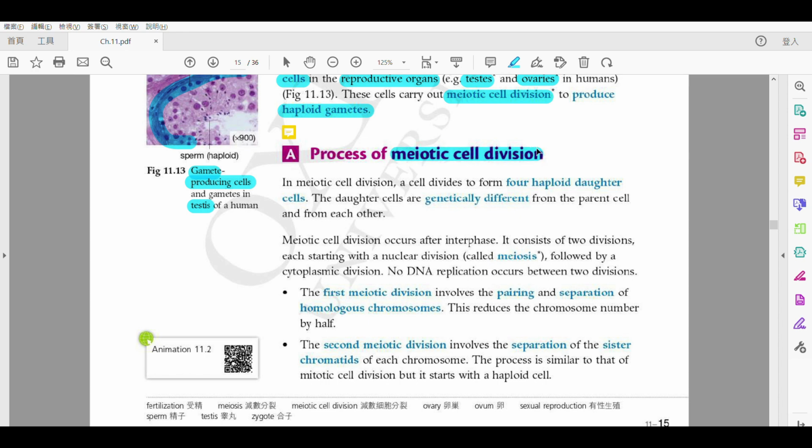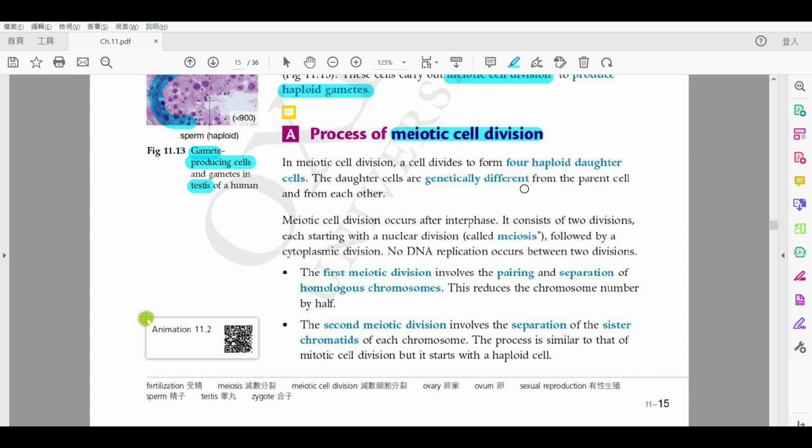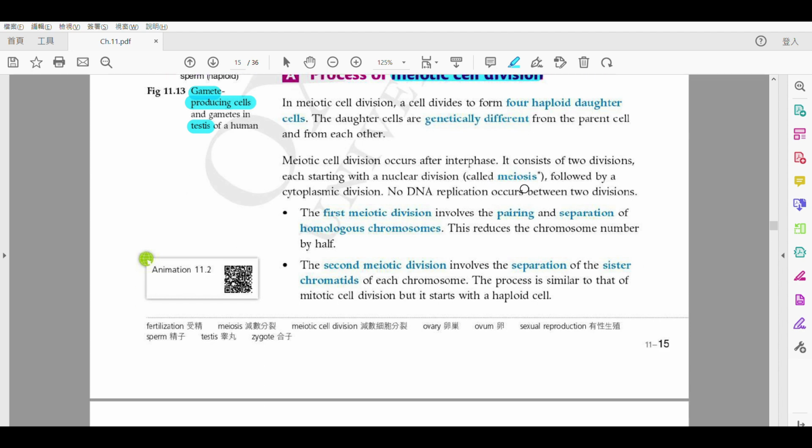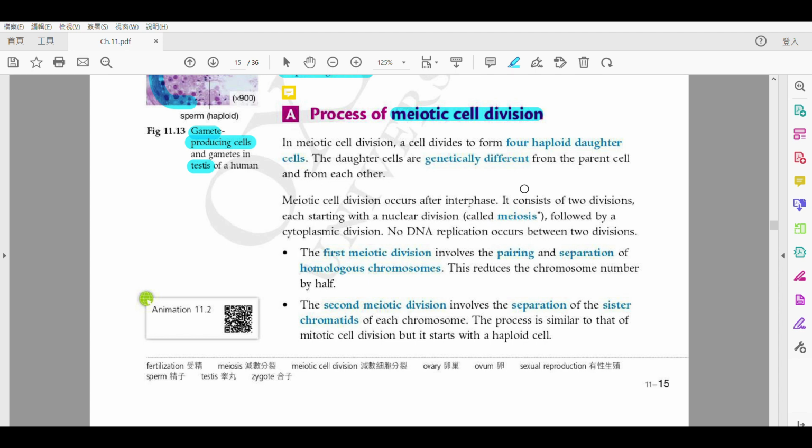Alright, so next we're going to learn about the process of meiotic cell division. Very similar to mitotic cell division, there is a relatively more complex process in the following pages. Alright, but we're going to go through them very fast first. Okay, go through them very quickly. Alright, so when we talk about meiotic cell division,